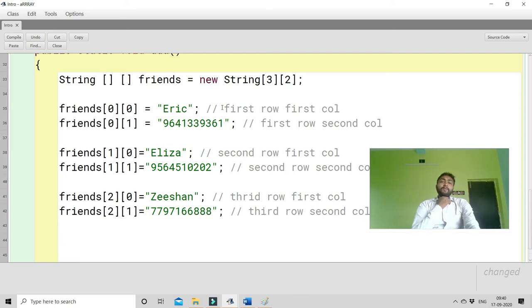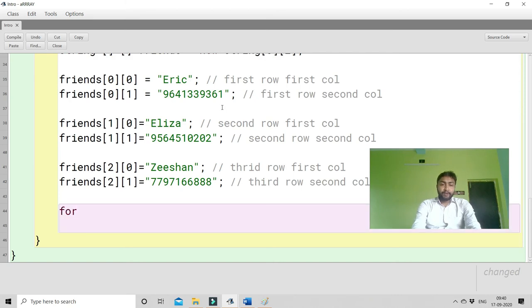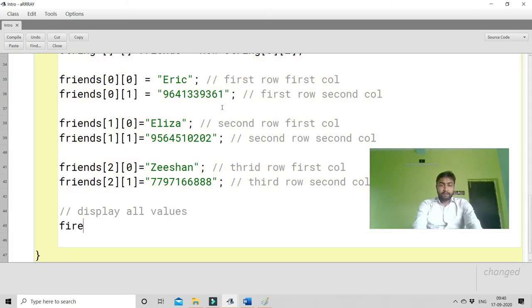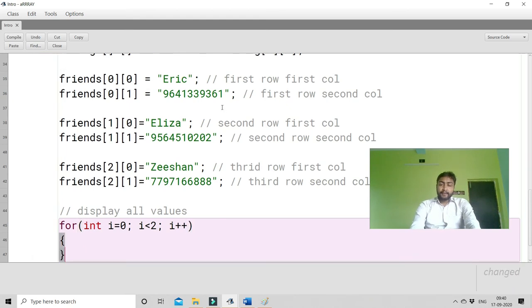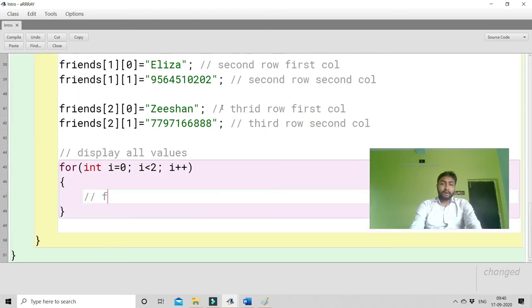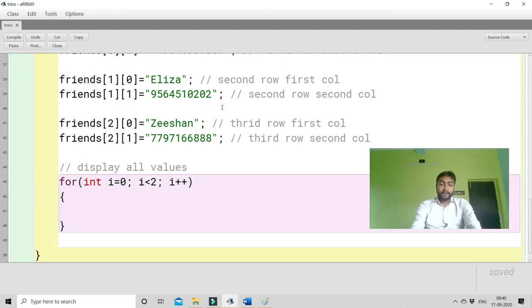Okay, so now if I want to display them all, let me give a comment: display all values. So I'm just writing a for loop to run it automatically. Integer i will be 0, i will be less than the row number, it is less than 2, that means 0 and 1, and i plus plus. So this is for the rows and this is for columns, but since I have only two values, I can display like this: